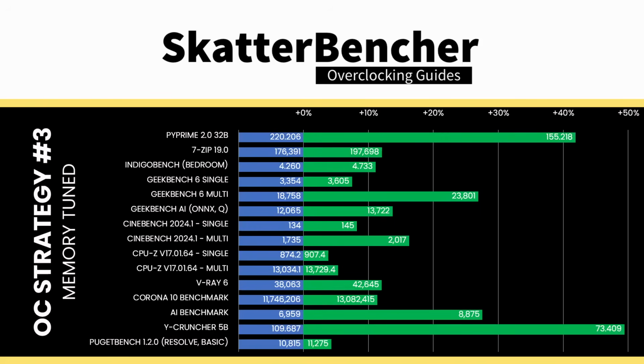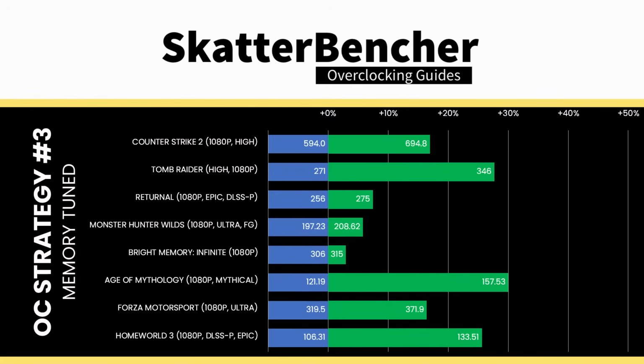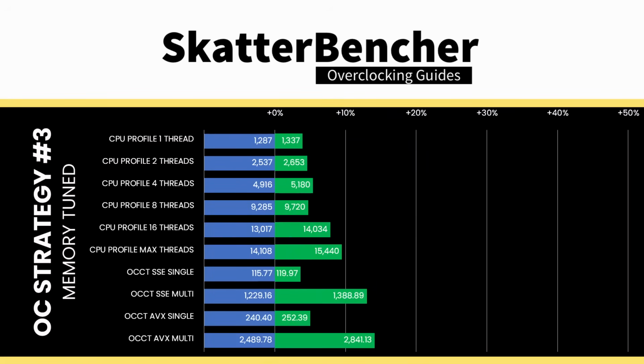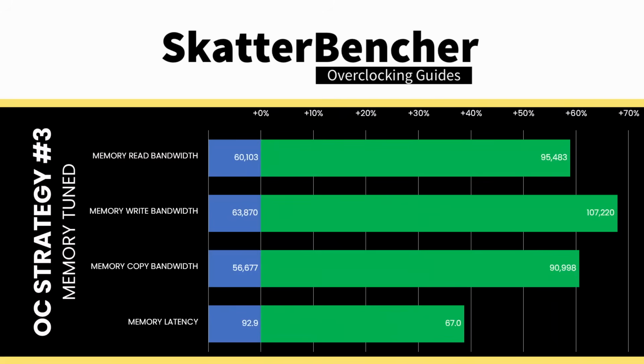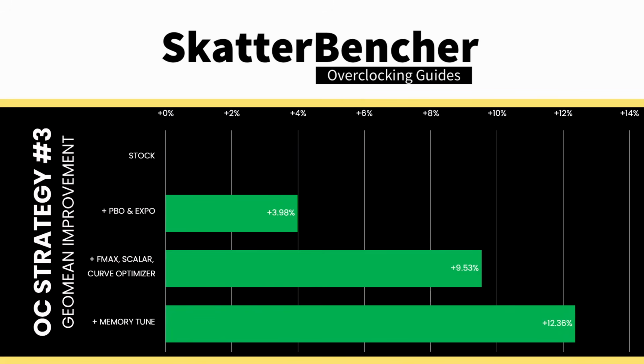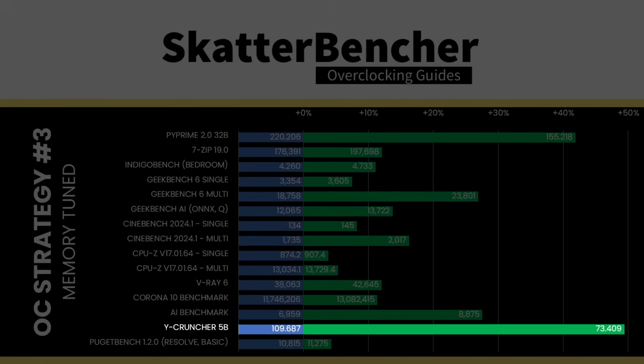We reran the benchmarks and checked the performance increase compared to the default operation. As we've seen with other modern platforms, tuning the memory timings can have a not insignificant impact on system performance, especially in workloads which are memory dependent. We see this behavior in specific multi-threaded workloads like Y-Cruncher, AI Benchmark, and Geekbench. Also, we can see a decent impact in certain games like Homeworld 3 and Tomb Raider. The geo-mean performance improves another almost 3 percentage points, and we get a maximum benchmark performance improvement of plus 49.42%